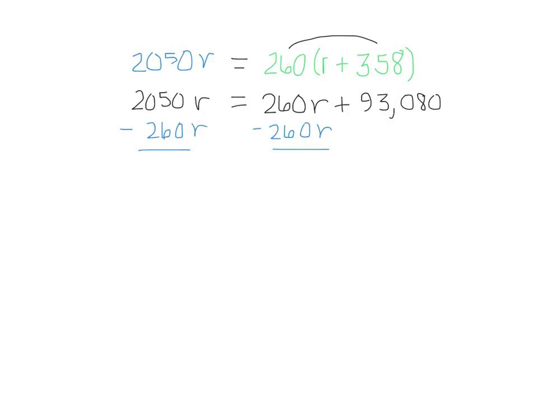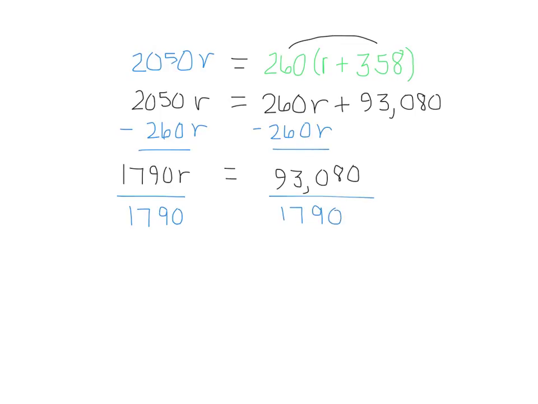And by doing so, we will have 1,790r is equal to 93,080. And then, of course, r is being multiplied by 1,790, so the opposite of multiplying by 1,790 is to divide by 1,790. And when we do so, our 1,790s over here cancel, and we have r is equal to